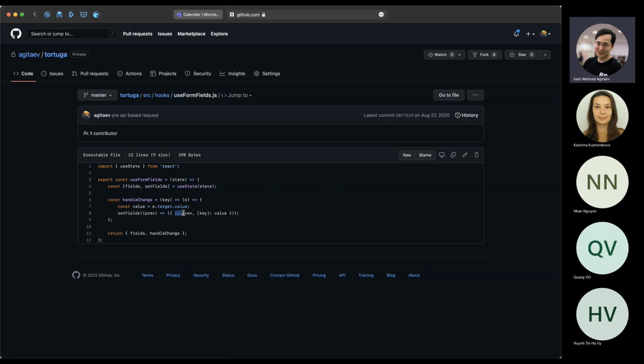For example, here in previous we have username, password, and some other field that I named before. Then inside the key, I'm saying I want to change the key that was passed here. The key determines the name of our field. In this case, it might be username or password or whatever other field name it may be, and I'm setting the value itself. Then we're just returning fields and handle change, which can be used as so. Let me